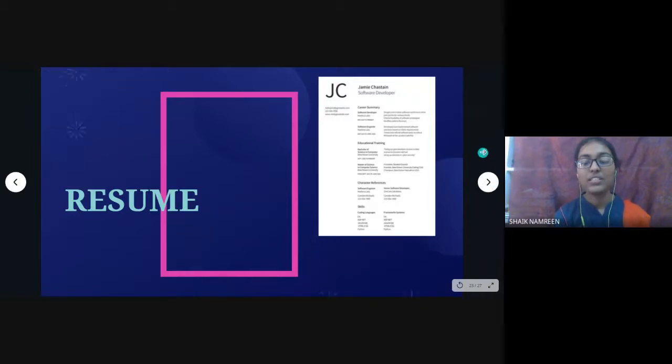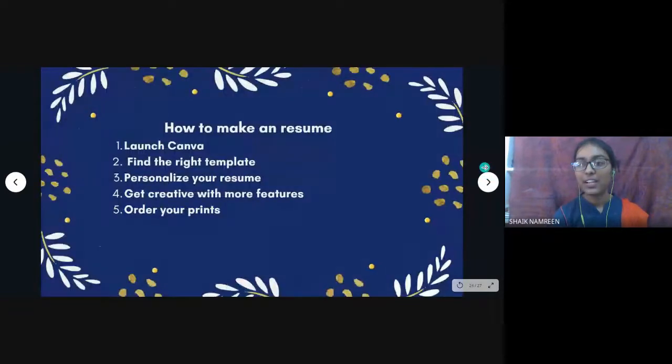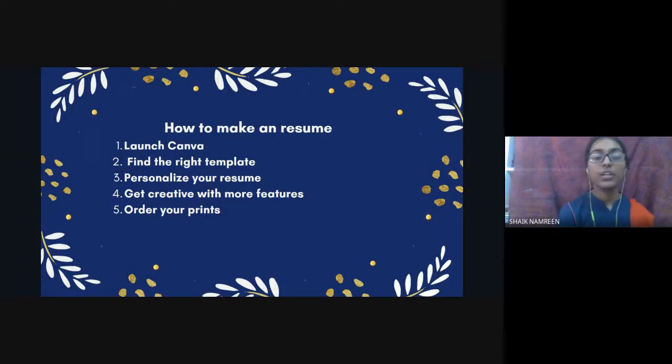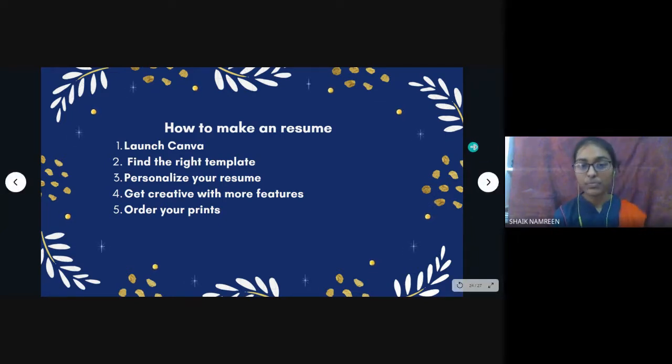Last but not least, this is a resume. In every student's life, a resume plays a very vital role. For now you may not know about resumes, but a resume plays a very vital and effective role, I can say. This follows the same templates. You need to find the right template for your resume, one that matches. You can create your resume too, but selecting a template for the first time is very good for you.